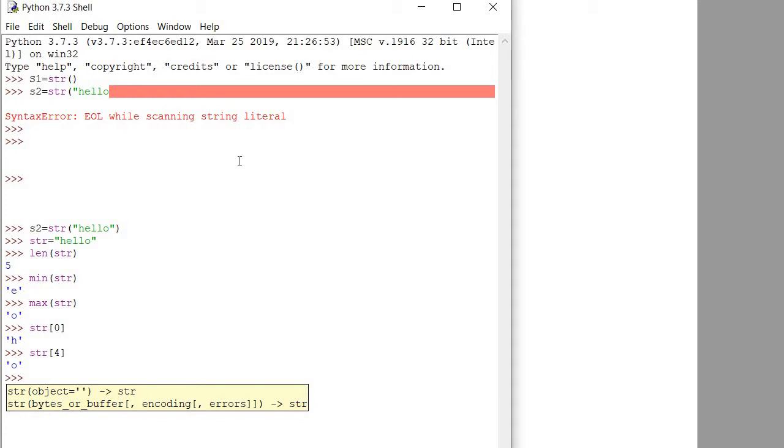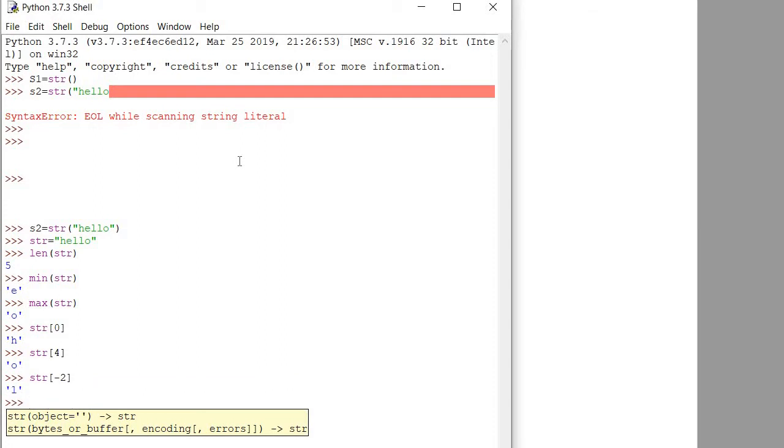Now we will see how we can access a character via a negative index. Similarly, you can write str at minus 2. Suppose I want to know which character is present at the minus 2 position. L. So l is present at minus 2. Reverse index. I already explained these things in the theoretical part video. Today we will do only implementation.